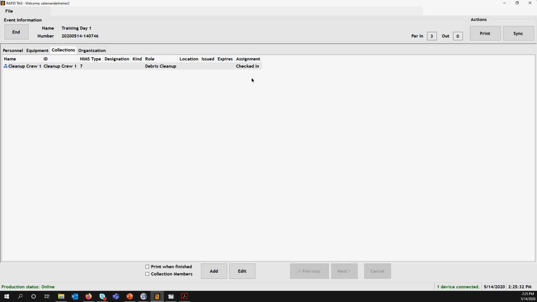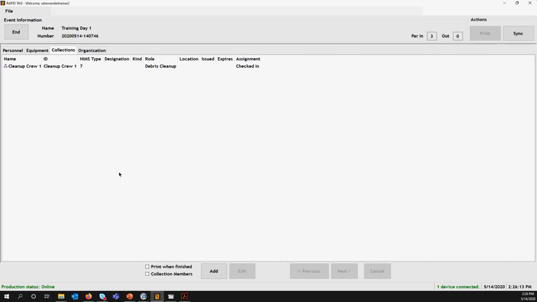Now, the great thing with Rapid Tag and that syncing capability is that if you had the Track app running at the same time and you join your Track app to this event, in the Track app, as you know, you have the ability to add in multiple assignments and add people and move them around to different assignments. The great thing with two-way sync is that all that data within that Track app, all those assignments, people being checked in, and all those movements are also going to appear within your Rapid Tag solution. So it's a great advantage to use version 5, which is this version I'm showing you,